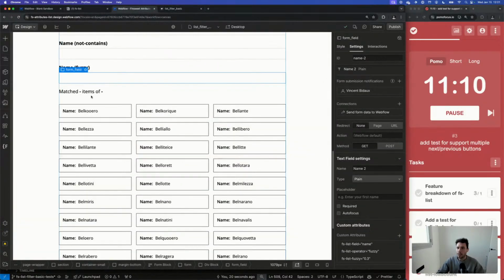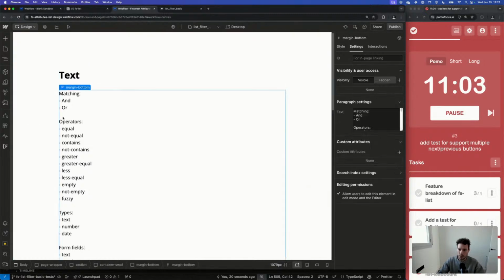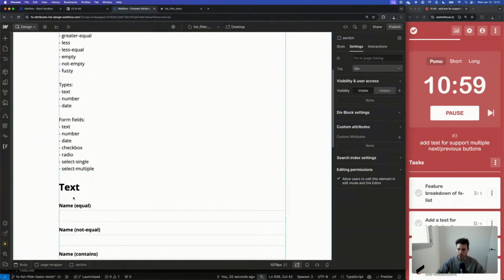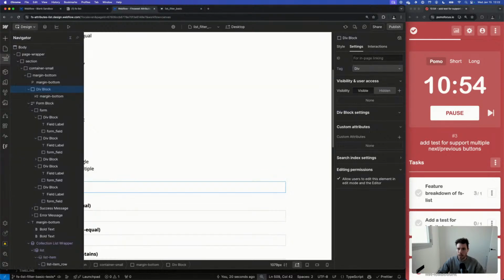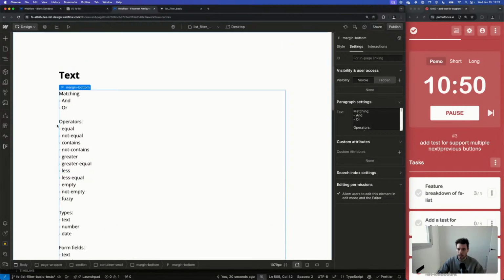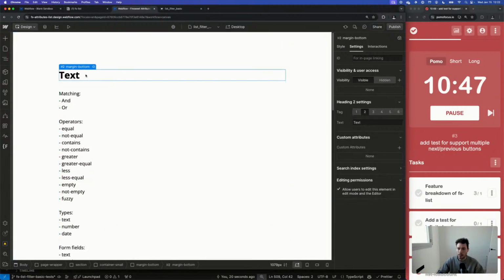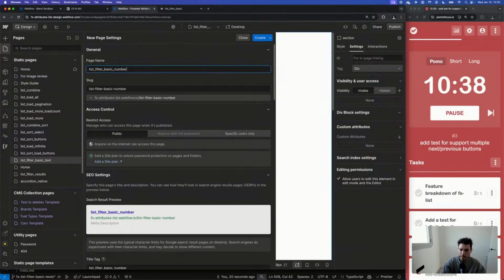Great. Now let's do another test for not text filtering, but number filtering. So let me move this up just for reference, and then let's wrap this in a div. Let's duplicate this, and let's make this filter basic number.